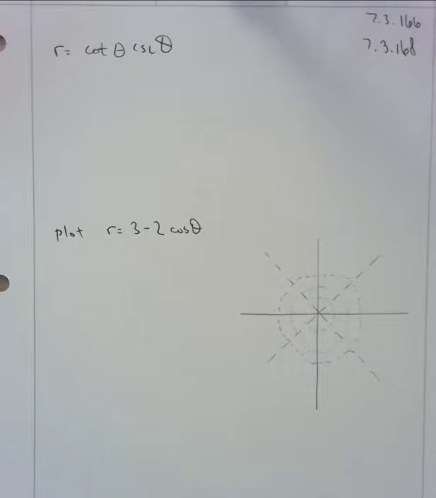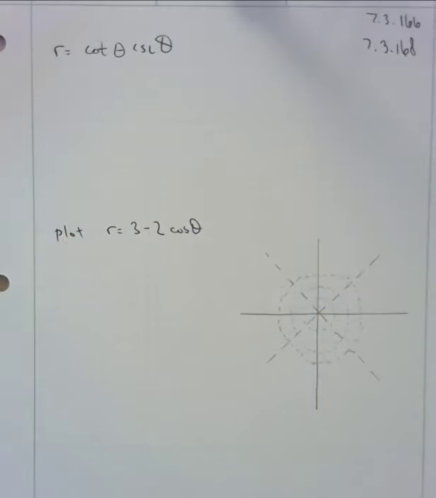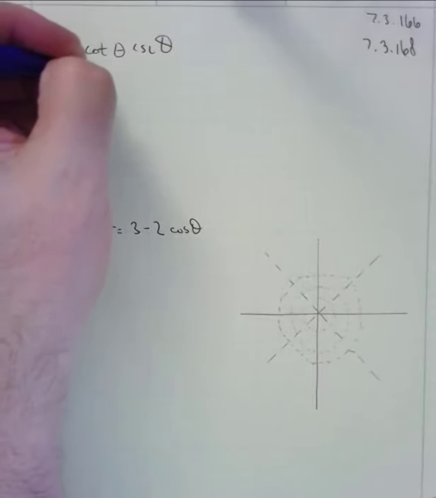Let's mess with some polar coordinates. We are going to take this top polar equation, r equals cotangent theta times cosecant theta, and see if we can figure out the rectangular version of that. It looks terrible, but it will turn out to not be so bad. When in doubt, we can always switch